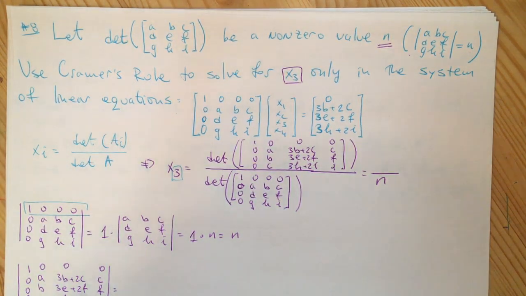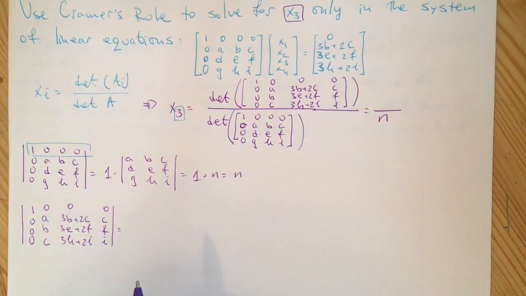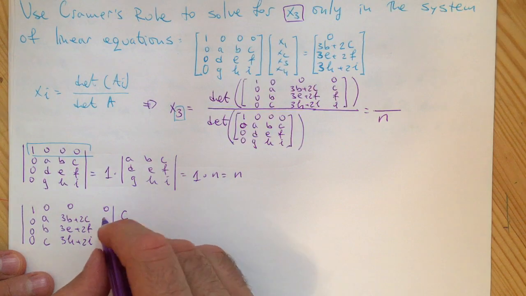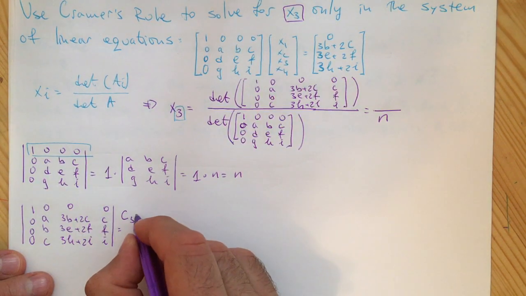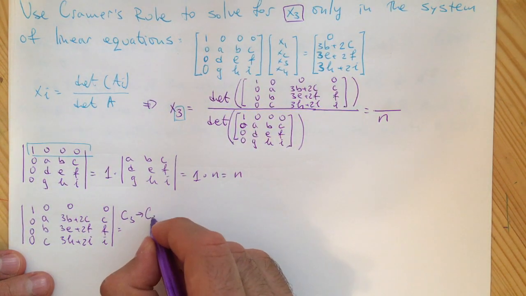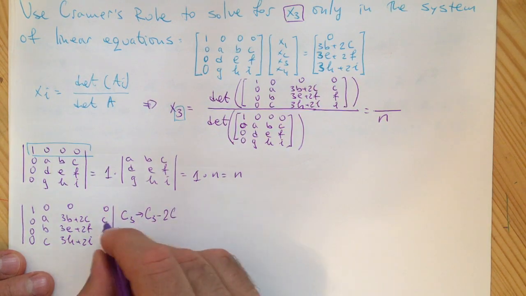And now, in order to solve this, I'm going to do some column operations. I told you that when we are evaluating the determinant, we are allowed to do this kind of column operations. Okay, so here I'm going to say column 3 becomes column 3 minus 2 times column 4,